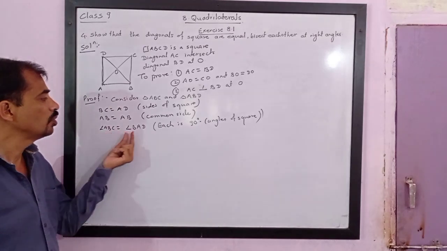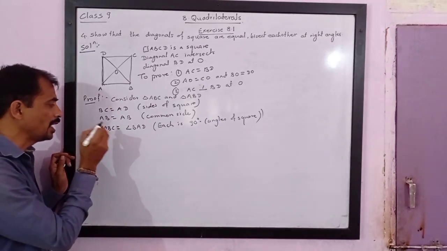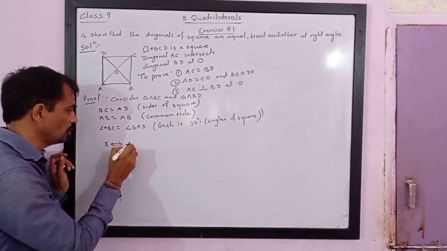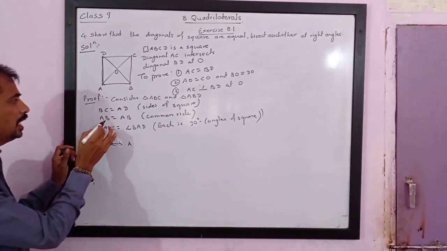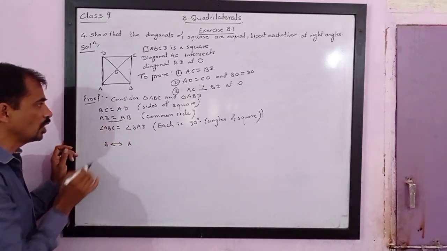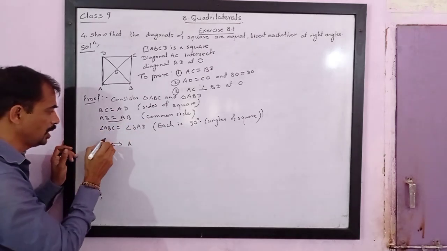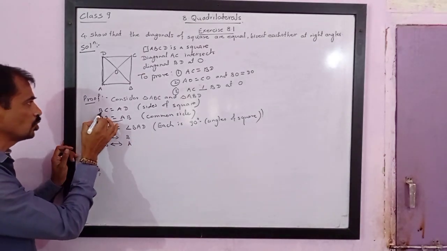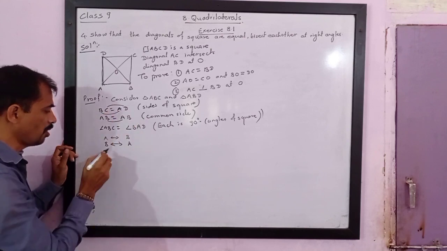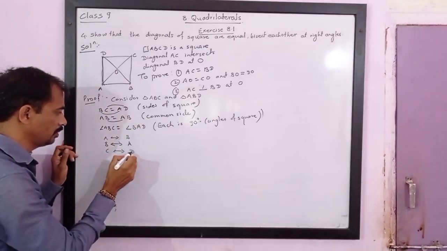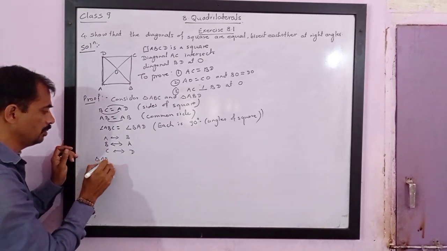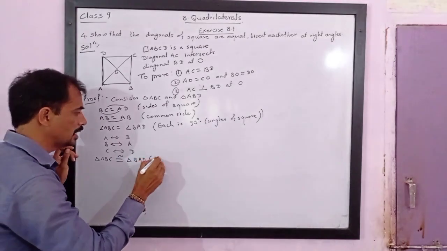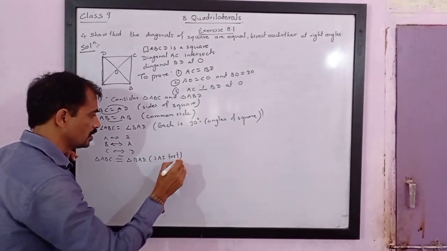But for this, we need one-to-one correspondence. Now watch carefully. From the angles, it can be written very easily. B corresponds to A. Then, if B corresponds to A, the remaining letter A must correspond to B. And the remaining letter C must correspond to D. It means triangle ABC is congruent to triangle BAD by the SAS test of congruency.